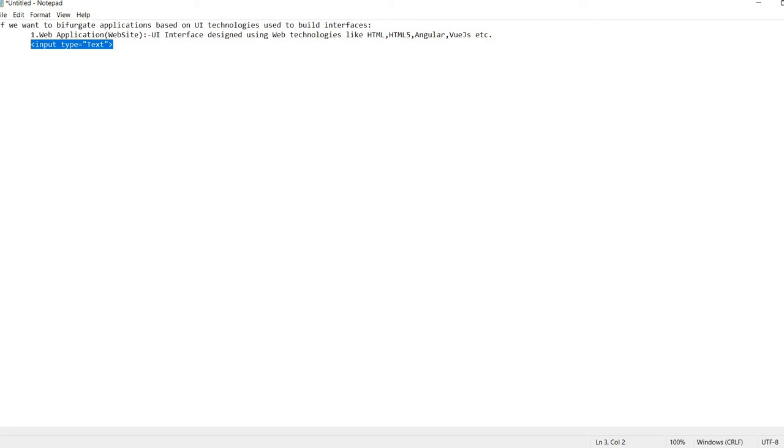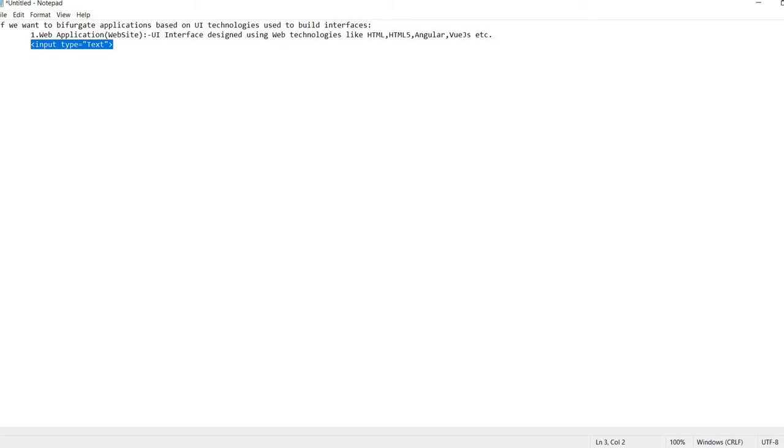Browsers have the capability to run the code written in these web technologies like HTML, HTML5, Angular. So these application interfaces run inside the browser, and the UI gets rendered inside the DOM of the browser, the document object model of the browser.